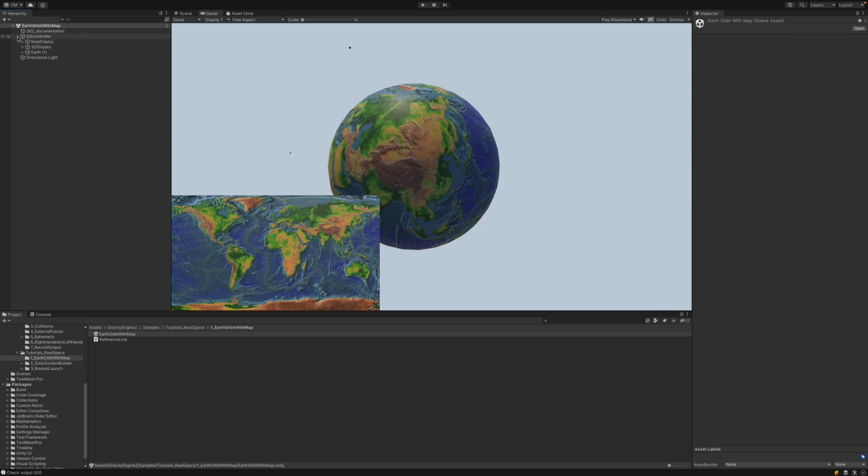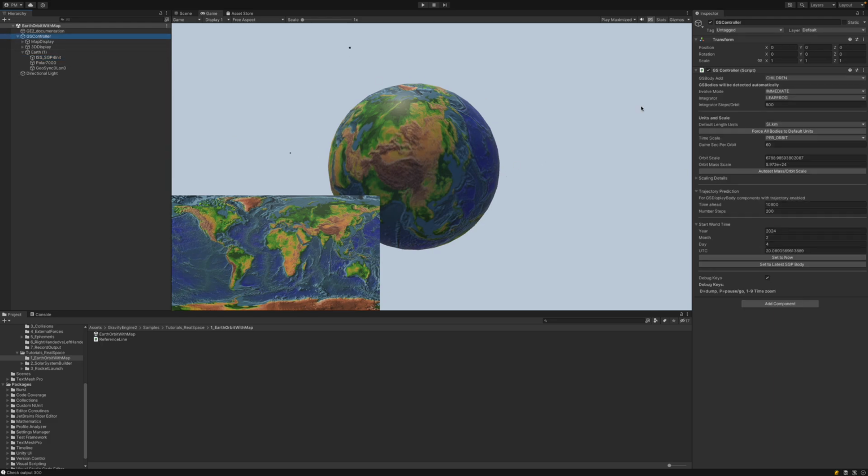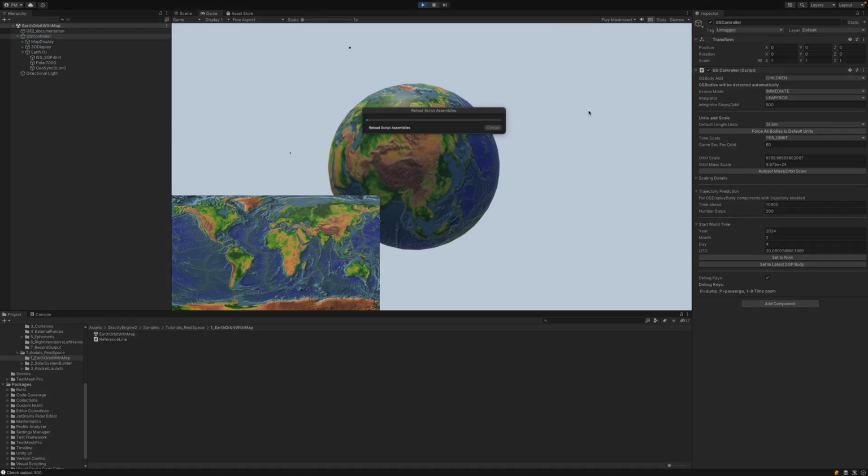There's also a kind of cool display controller in this first scene, Earth orbit with map, where we have a second display controller which will show us satellite trajectories on a map. So we have two display views, and then we also have some satellites where we're using real-world data from two-line element sets taken from Celestrak. And we've set up the GS controller start time so that it's slightly after the time in which those orbits are defined. And so when we go ahead and press play, what we see